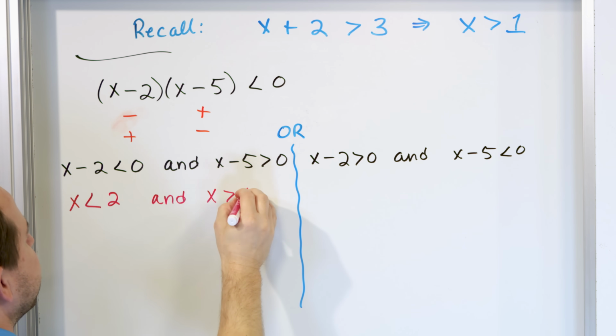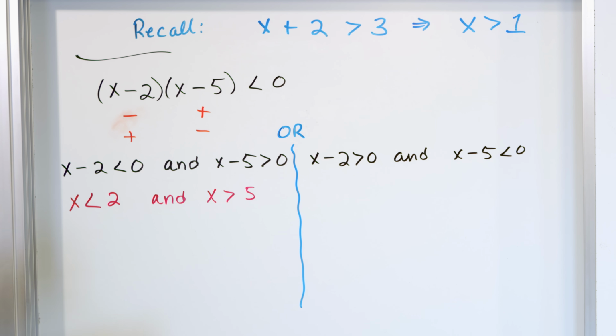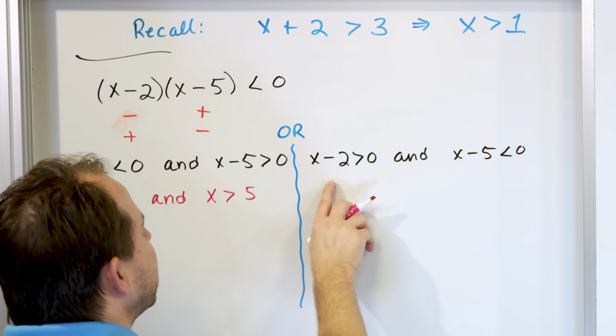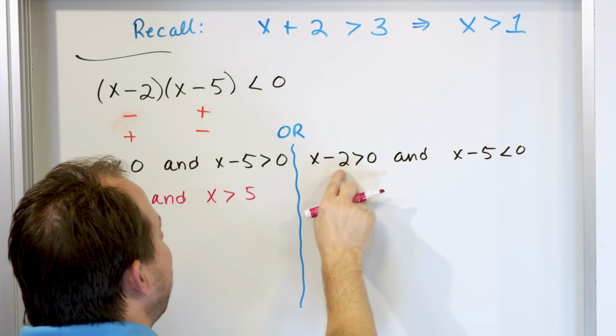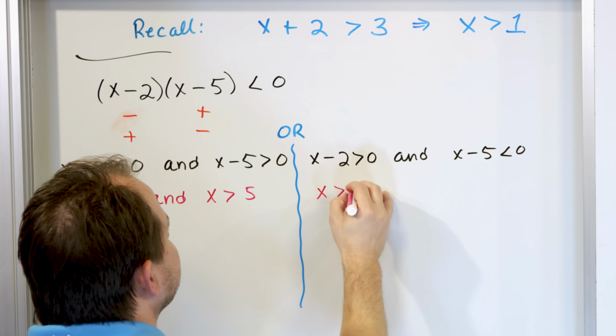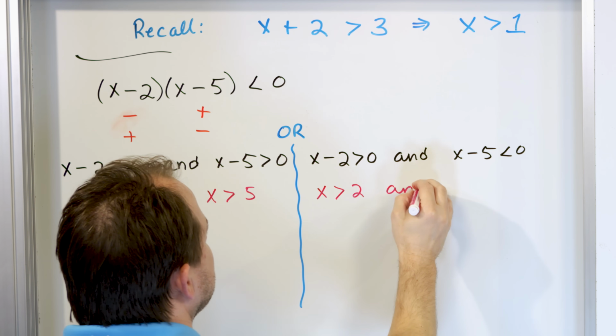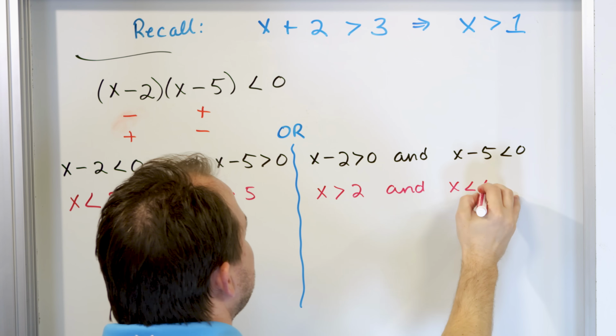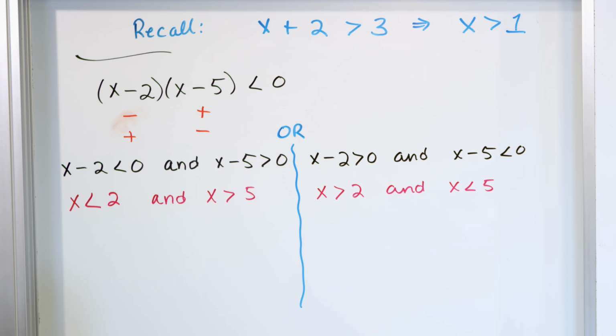And then x greater than 5. We just add the 5 to both sides, okay? Then we go to the other side and we do the same exact thing. We add the 2, so we say x greater than 2 and x less than 5. So all we've done, let me just double check myself, x greater than 2 and x less than 5,